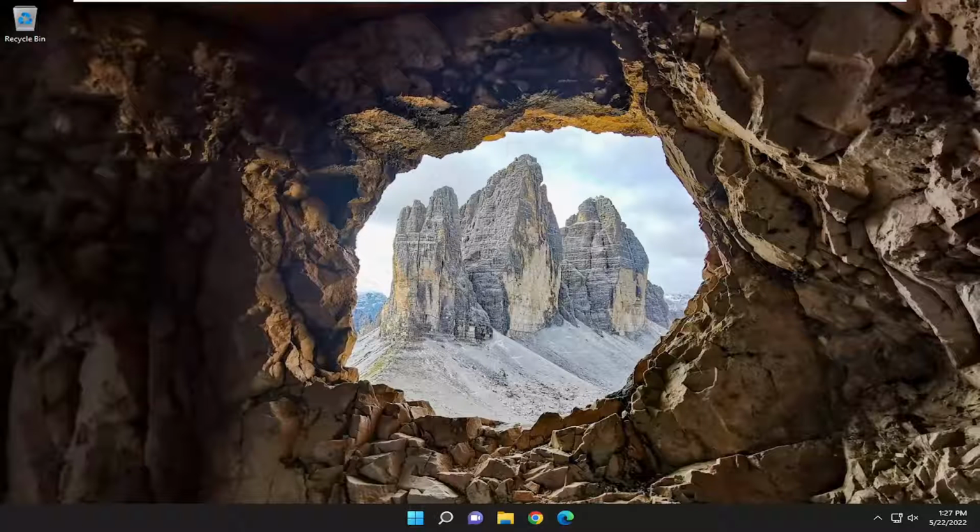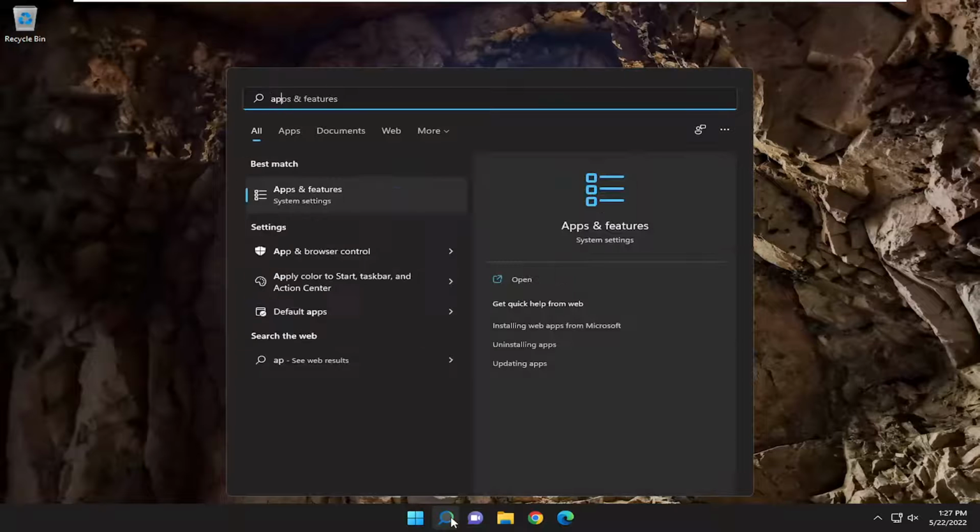In today's tutorial, I'm going to show you guys how to hopefully resolve if the Microsoft Edge web browser keeps logging you out of websites. So this should hopefully be a pretty straightforward process here, guys, and without further ado, let's go ahead and jump right into it. So first thing I recommend doing would be to open up the search menu, type in apps